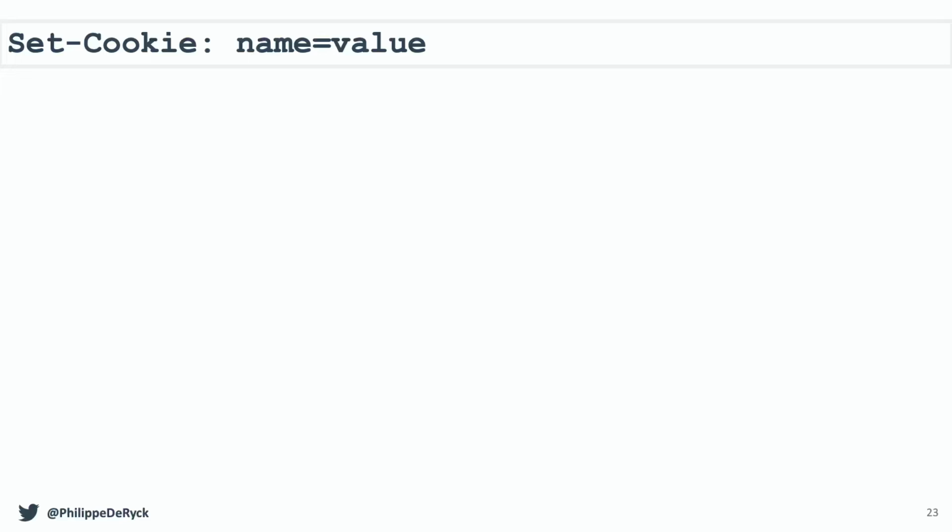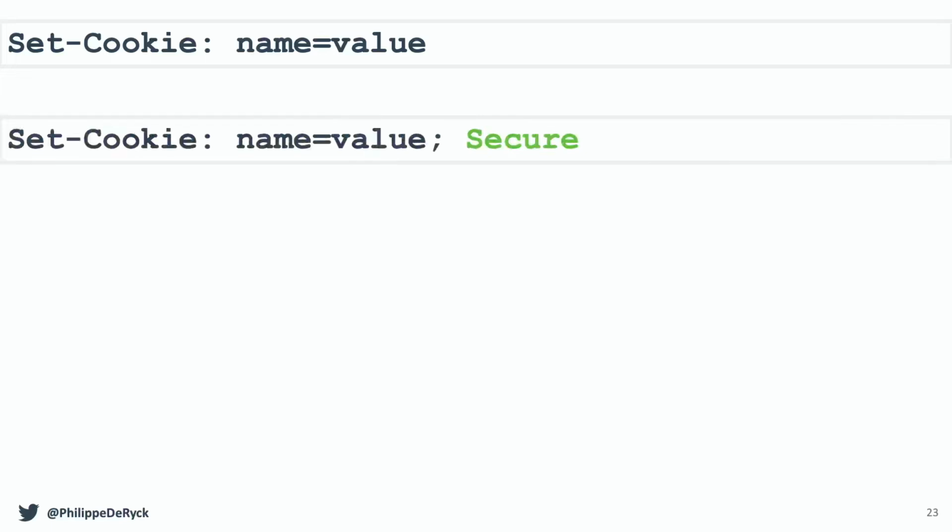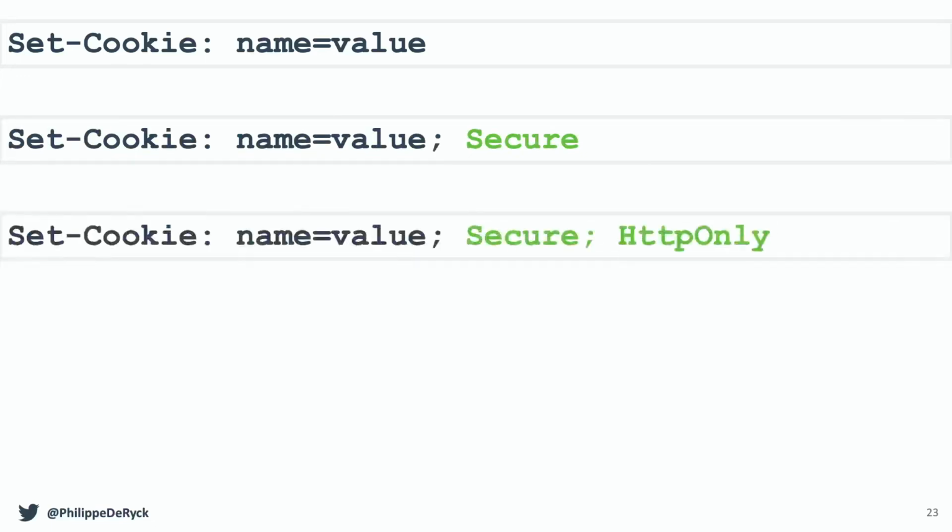This is the traditional, very old school Set-Cookie header. Name value. How hard can it be, right? You set it in the browser and browser handles it. Beautiful. Well, no, because you also need a secure flag to tell the browser, by the way, this cookie should only be sent over HTTPS, which I'm using, of course, so don't send it over HTTP. And then you need the HTTP only flag, like, I don't need this in JavaScript, please hide it. And then you need a prefix, because it turns out that this is not strict enough in browser handling. So you need to tell the browser, by the way, when I say secure, I actually mean secure, so don't do some crazy browser quirks, but actually handle this securely.